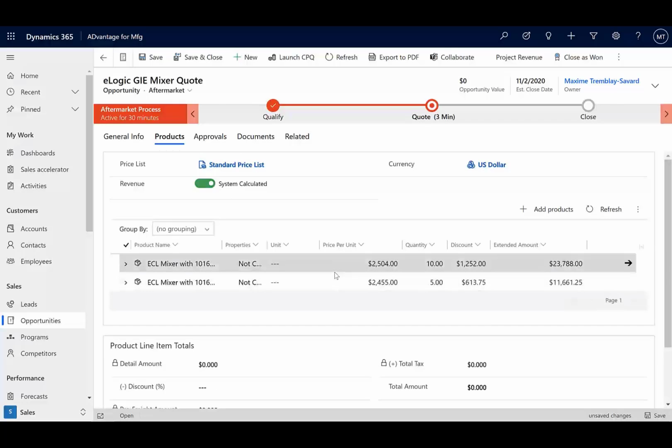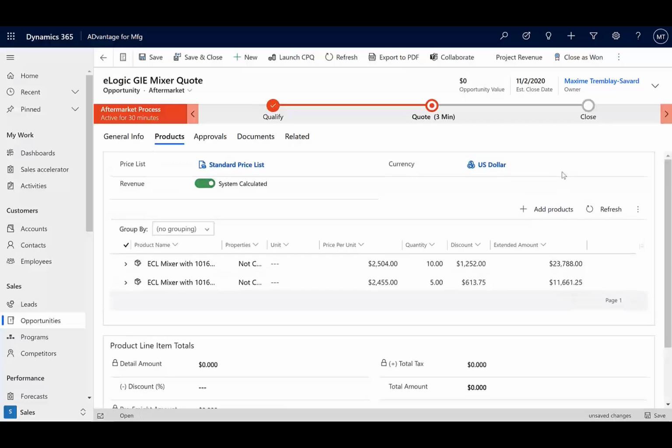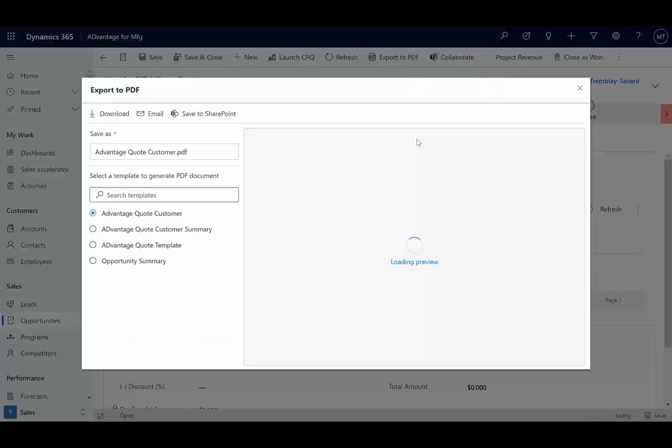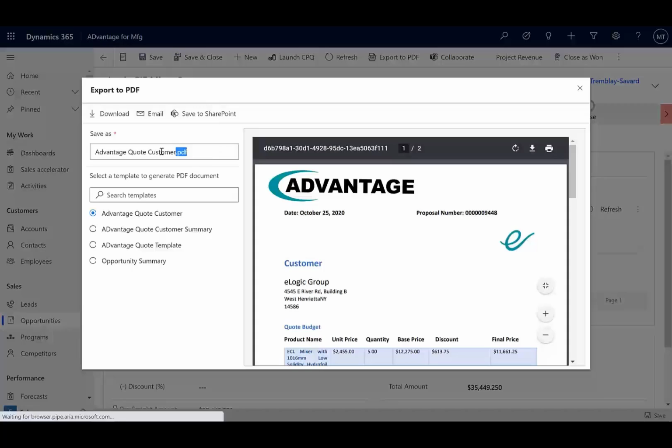And so when I do that, I can see here's the actual quote itself with the quantities and the right pricing. I want to quickly get a quote now back out the door to Lawrence to allow us to follow up and win this opportunity. So I'm going to export this particular quote out to a PDF. And I've got a few options here. First thing I'm going to do is call this the eLogic